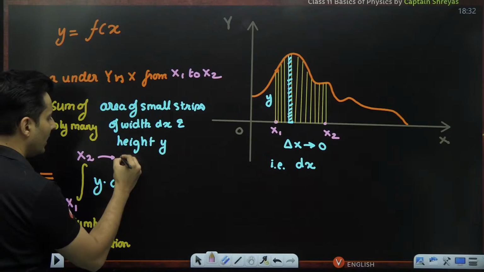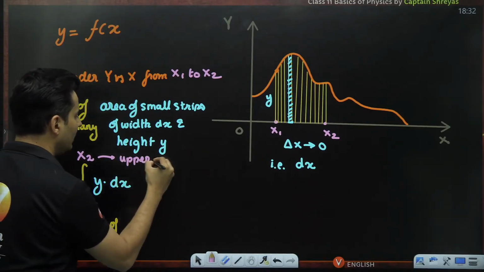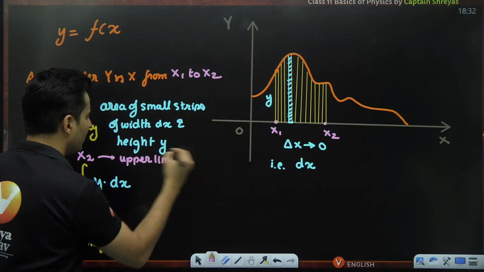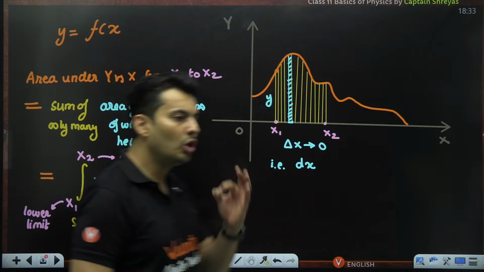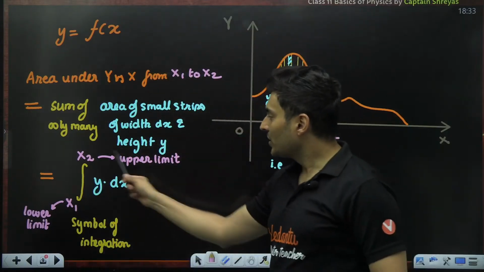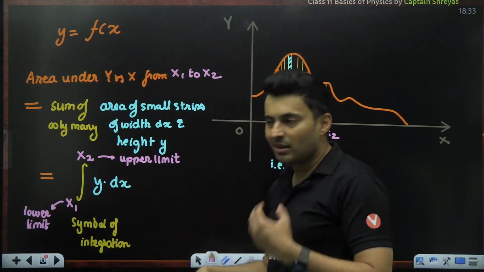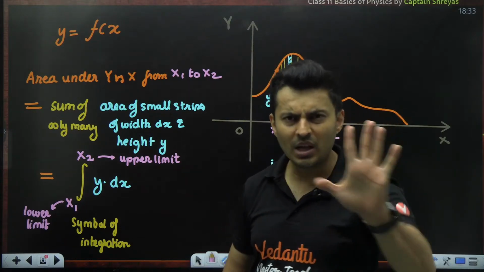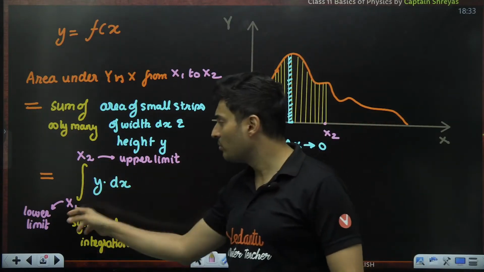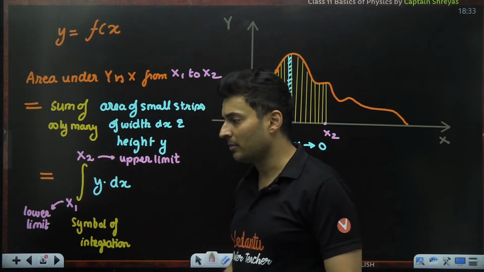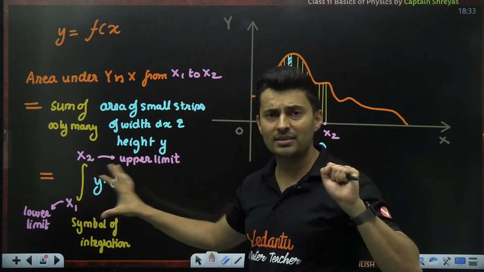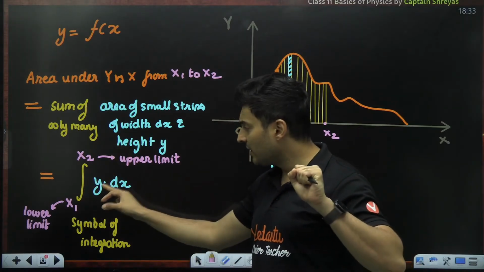This is usually called the upper limit of the integration, and this is called the lower limit of the integration. So this is how you represent it. How is the formula, etc.? We'll come to it. For now, just understand the meaning of this symbol, why you need to write it like this, and what is this upper limit and this lower limit. Is this absolutely clear? What does this symbol mean? What are limits? Why is it written as something into dx?